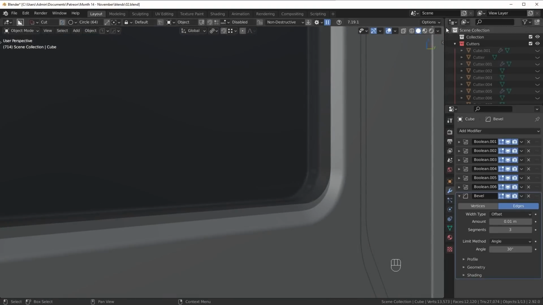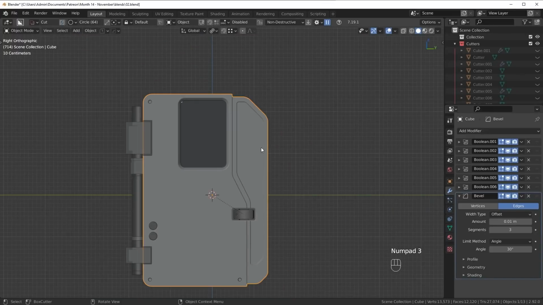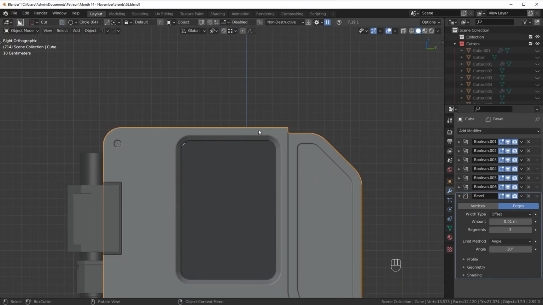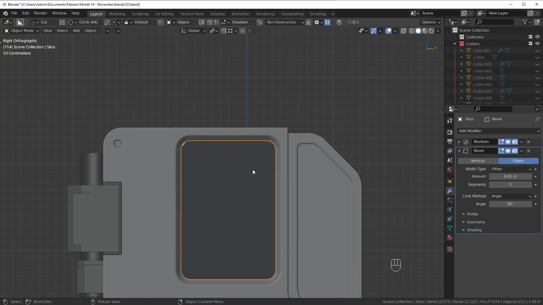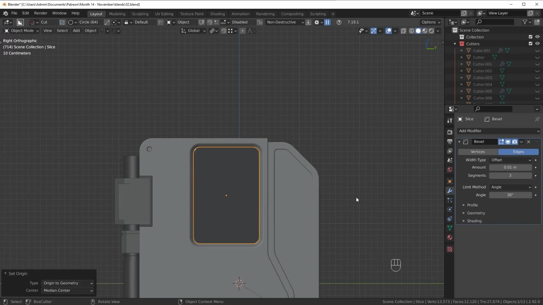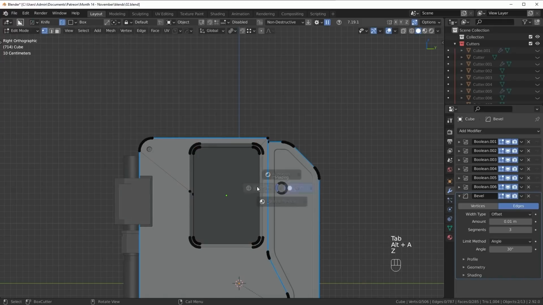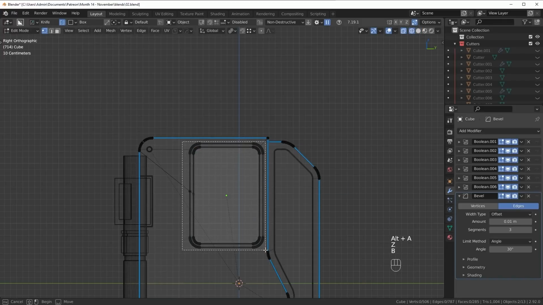And let's just go ahead and turn off the shadow because it's kind of annoying me right now. There we go. That is a bit tight on the edges. So what I'm going to do is select the window. I'm going to apply the boolean on the window just so that one's applied. We'll go ahead and reset the origin so I can scale it from the center. And I want to shift click on the door, tab into edit mode, and we can basically just select all